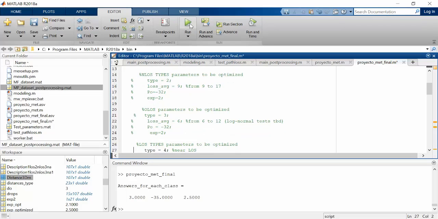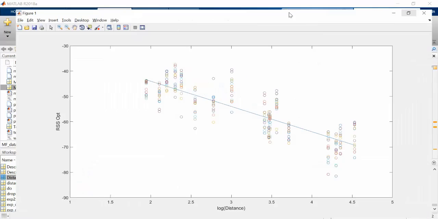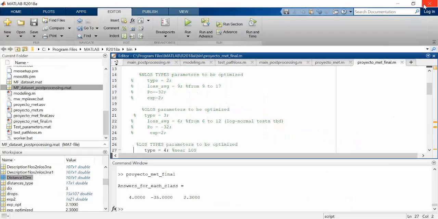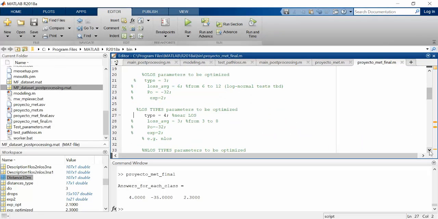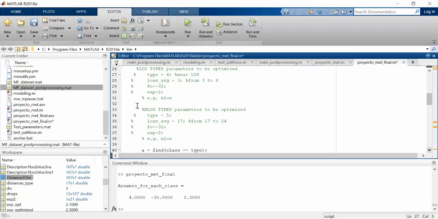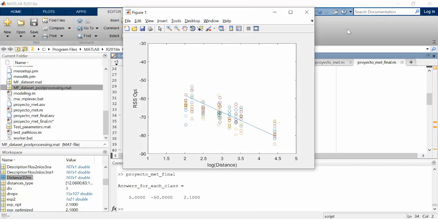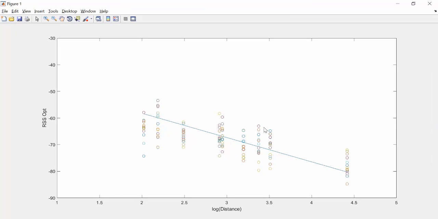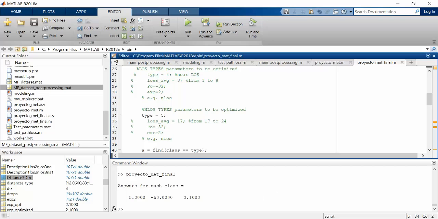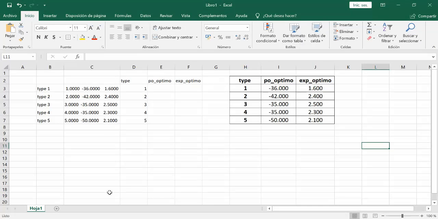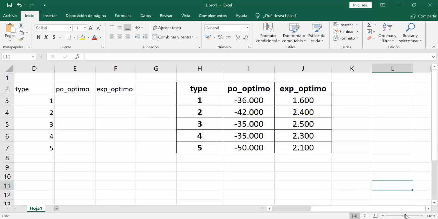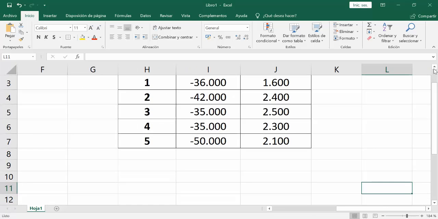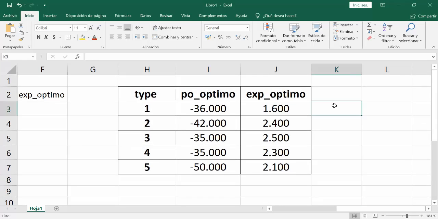Number 4. And for number 5, we make a little chart with the values to make a comparison and to check the results